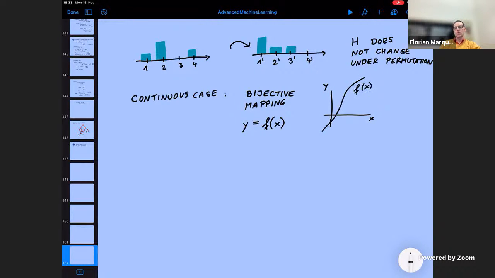The question is, what happens to the differential entropy if I implement such a bijective mapping? The most optimistic scenario would be that it does not change. Unfortunately, that's not true. And so we have to check what is true. So for that reason, we want to see if I know the probability density for X, then what is the